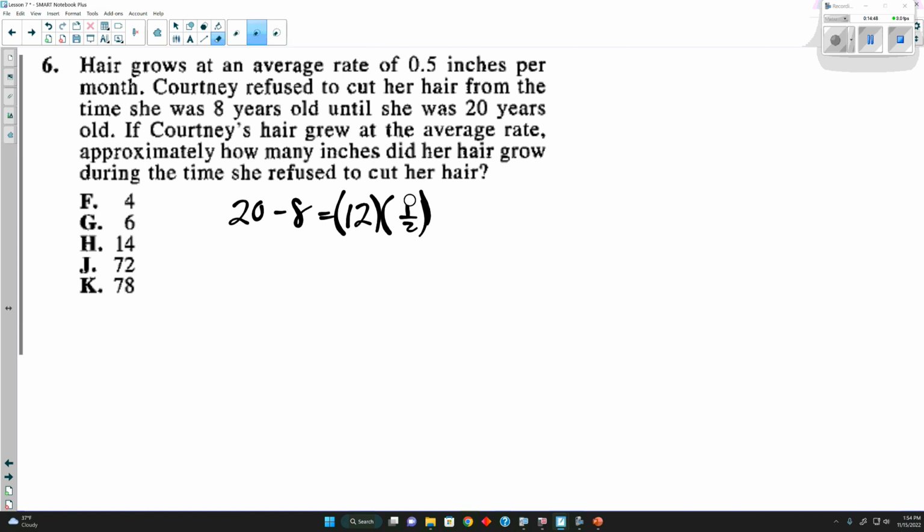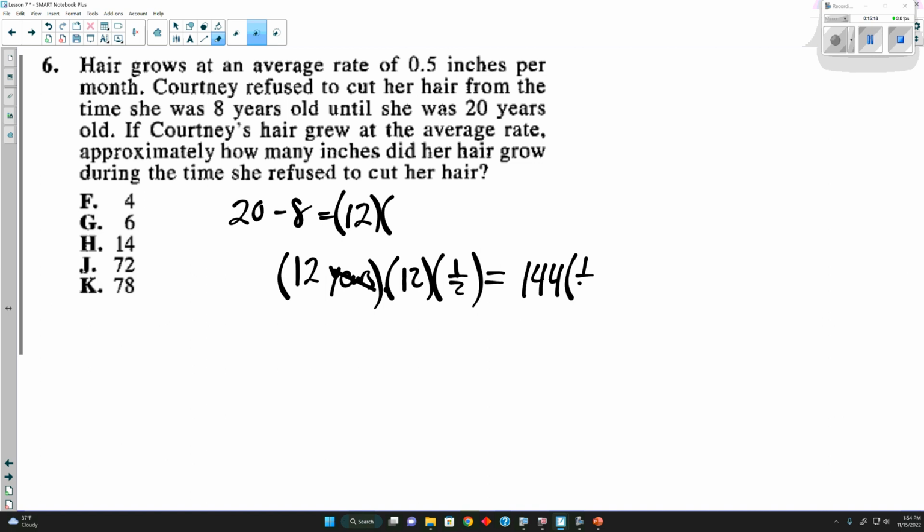Well, we can do that, but 12 years is how long that passed, yes? How many months are in a year? So we're going to do 12 years times 12, because this will get rid of the years as we convert to months. And we also multiply it by 1/2. 12 times 12 times 1/2 is 72 inches,